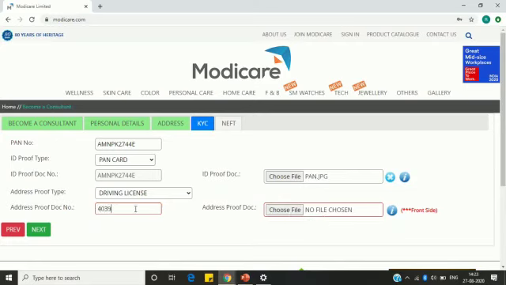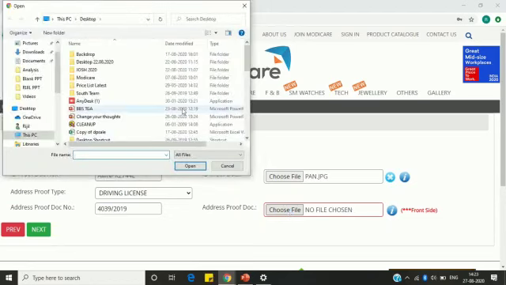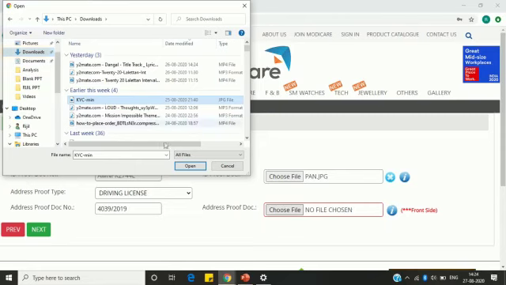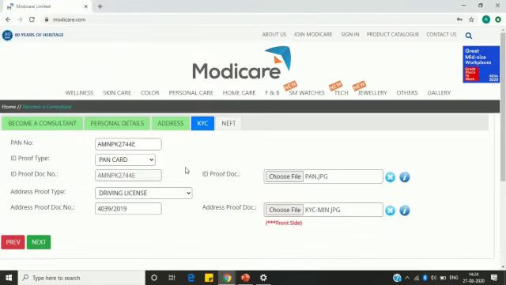So I am entering my driving license number and choose the file. I go to downloads. So that is also done. Once the driving license is also uploaded, that means your address proof is also uploaded, and then click next.